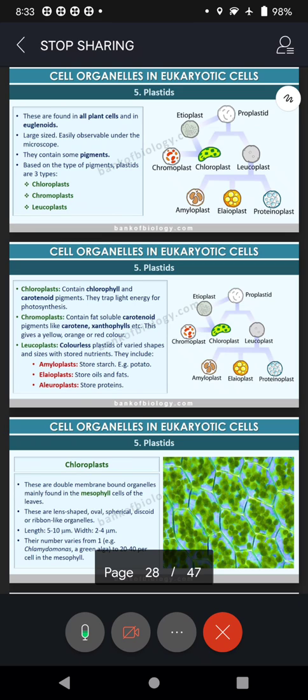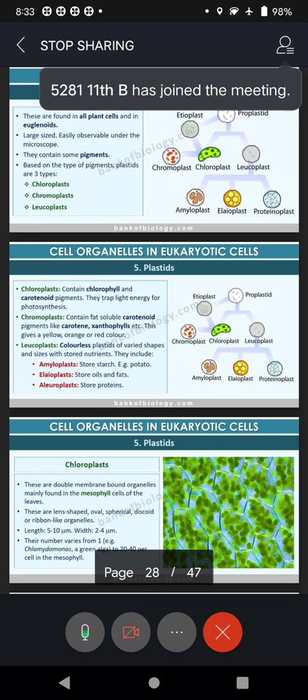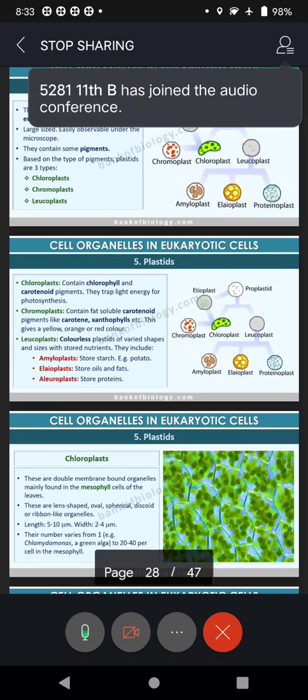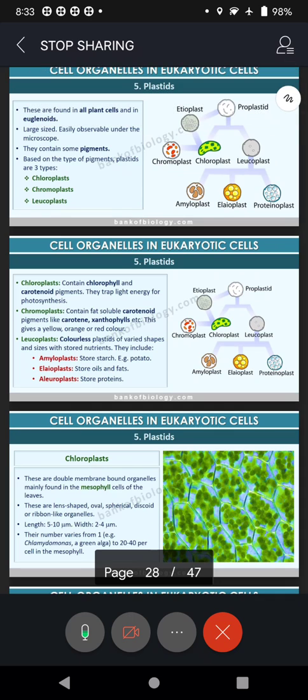Today, again, we are back with the same chapter, Cell, Unit of Life. And overall, comprehensively, we were talking about what is a cell, types of cells, and the various cell organelles that are present inside the cell. And in that, we were talking about an important concept called the fluid mosaic model of the plasma membrane, and we were also discussing the nicknames that we were giving to various cell organelles such as